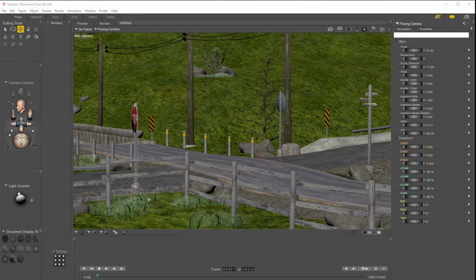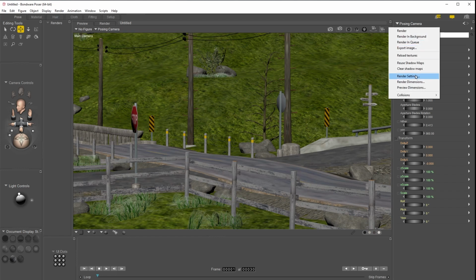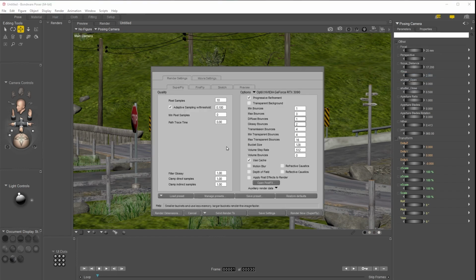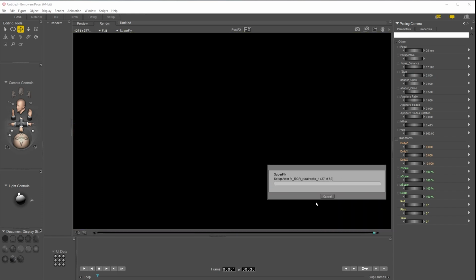And what we have here is some grass in the foreground, some bushes in the background. And it's a crossroads in a pastoral scene. A rural crossroads, you might even say. So Superfly, just low quality optics render. So if I give that a render now,